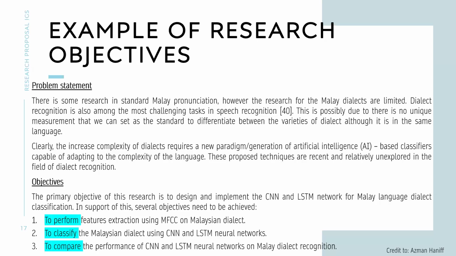And then the third comment from your friends is why you need to use two types of paradigm or technique to do the classification, which is CNN and LSTM. This depends, because with CNN and LSTM neural networks, you don't have to basically write the algorithm from the beginning. There are certain software that already have built-in CNN and LSTM